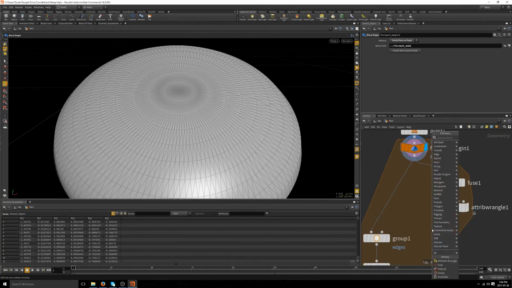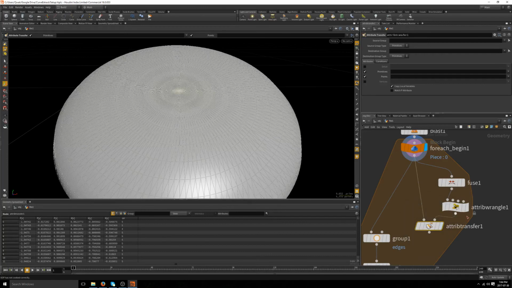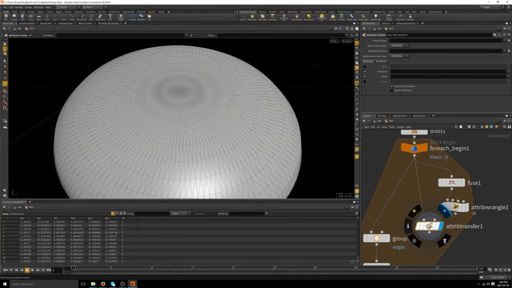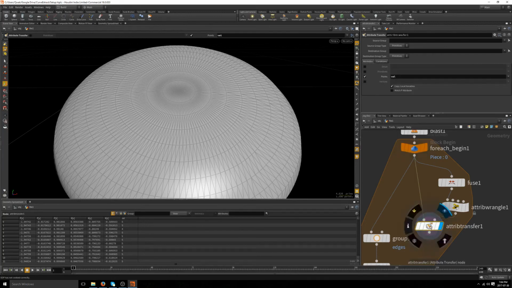Yeah, I think I've got it. Attribute transfer. Okay, so we can transfer the attribute from this mesh onto this one, and we only need the valency. In the condition you can disable the distance, because we don't need any threshold in the distance. So now we are using the unwelded mesh, and as you can see we have now